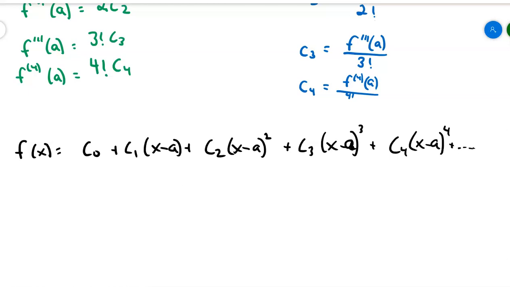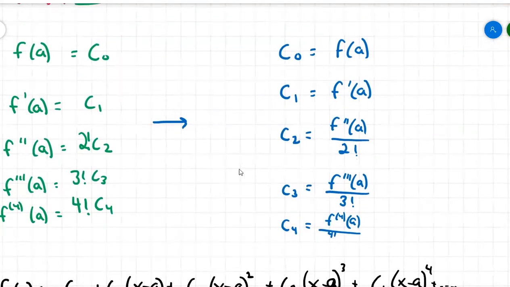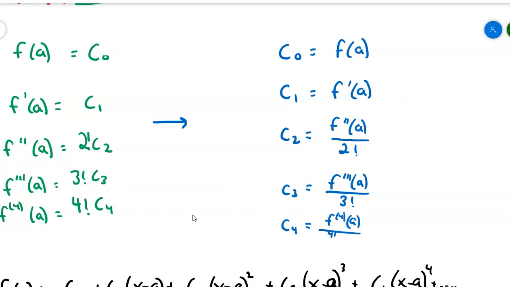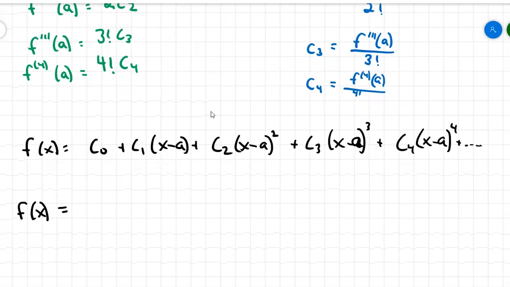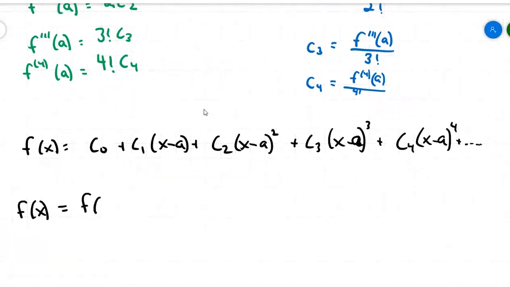All right, replace those coefficients, and I get f of x equals that c sub 0 is f of a, right? Go back to my first blue guy up here. C sub 0 is f of a, and the c sub 1 is f prime of a. So I end up with f of a plus f prime of a x minus a